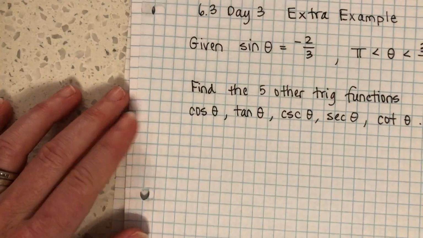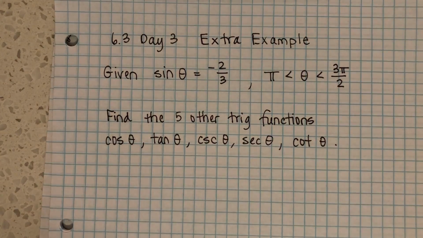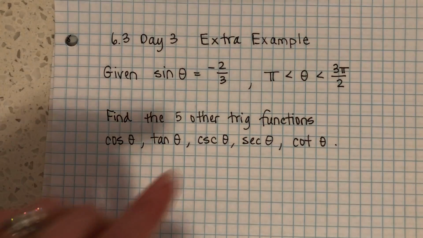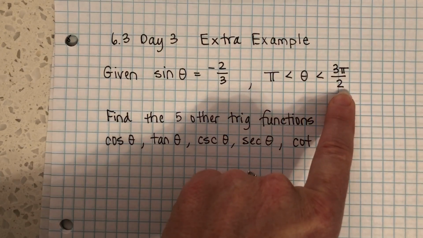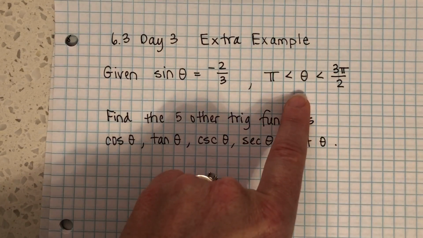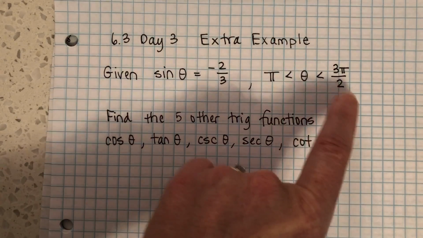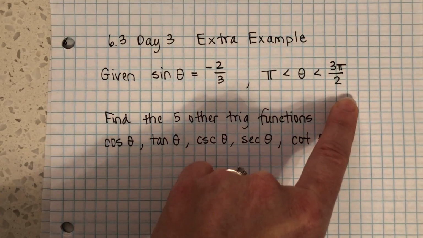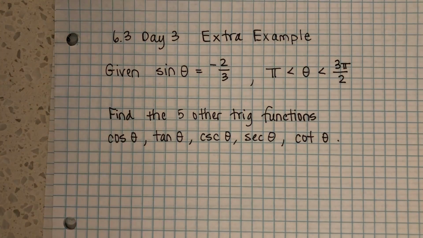All right, what if they said, given the sine of angle theta is equal to negative 2/3. So they've given you the sine ratio for angle theta. And they're telling you that theta is an angle between pi and 3 pi over 2. Well, what quadrant does that put him in? That's got to put him in quadrant 3. He's between 180 and 270 degrees. All right, they want you to find the 5 other trigonometric functions. Well, guys, you can use your whole